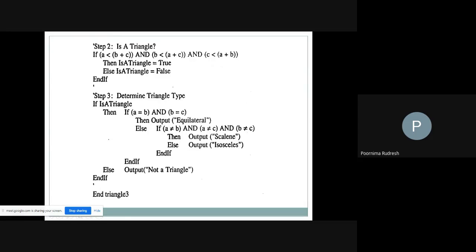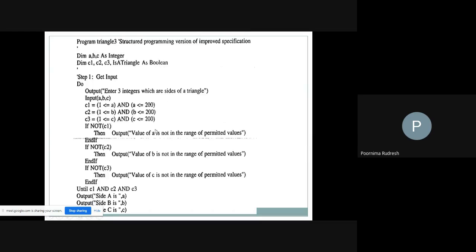So this part is same, this part is same, only they improve in the improved version. This extra pseudocode we have to include, because here we have to check the condition for A, B, C, whether A, B, C are entered within the given range or not. Why? Because for A, B, C the range is defined between 1 and 200. Then the user must enter the values for A, B, C between 1 and 200. If not, then it is giving the error message.